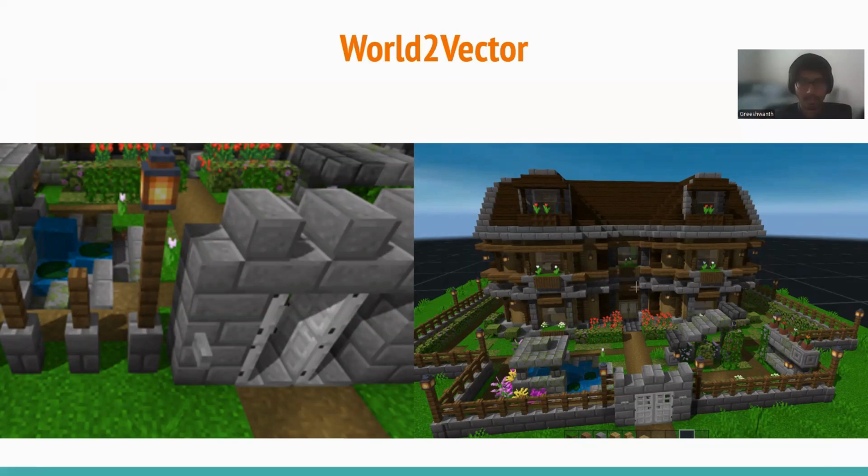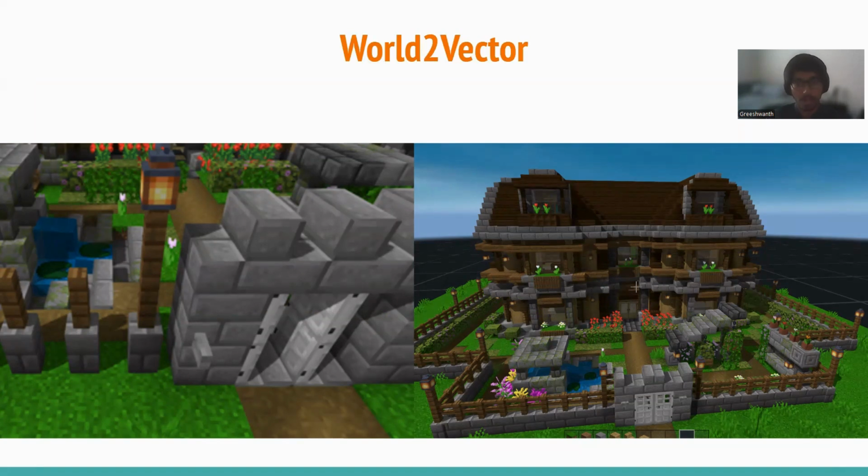Once we found the build itself, we ran into some issues regarding multiple builds within a single world. So we used something called dbScan, which allows us to separate out each of the different builds into their own sections, and we process them separately. Once we've done that, we then can save the build into a file called schematic, which just holds the data